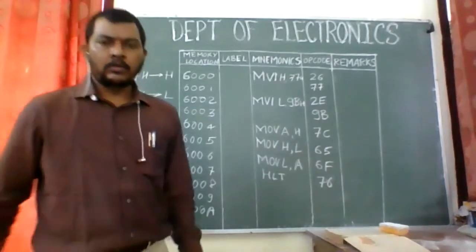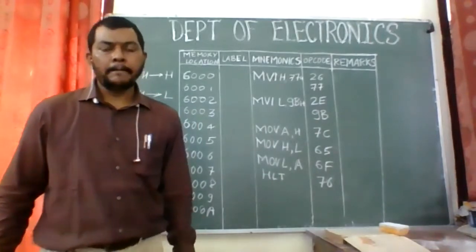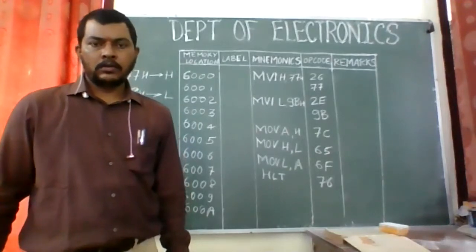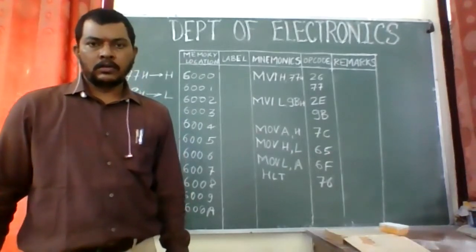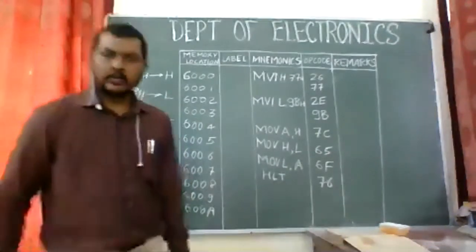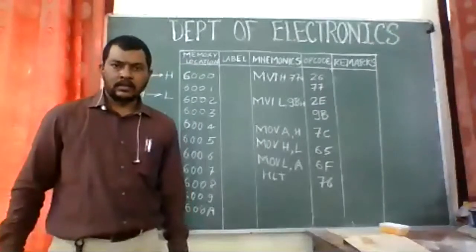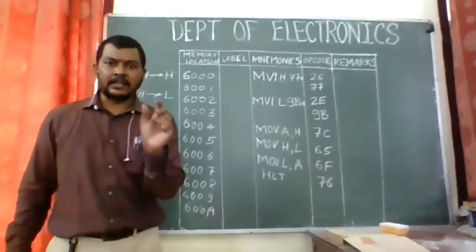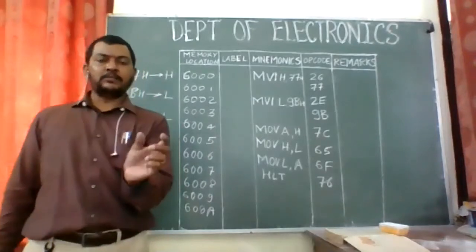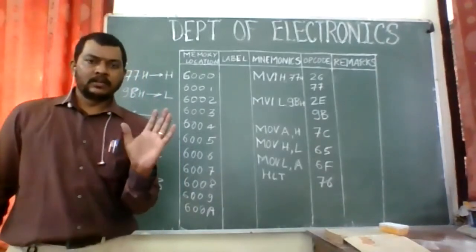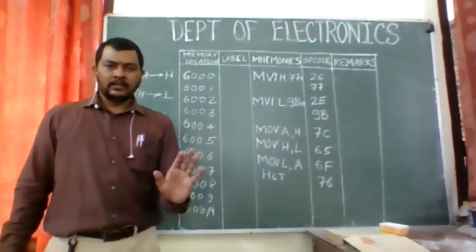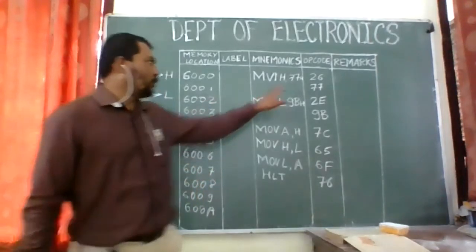सर वो जो नेमोनिक्स लिख रहे हैं हम, MVI H 77, ये हमारा डाटा है, तो 77 के बाद जो H लिखा हुआ है वो लिखना जरूरी है क्या? नहीं, वो लिखा नहीं तो भी चलता है, बट सिंस इट इज अ हेक्साडेसिमल, तो हेक्साडेसिमल बताने के लिए वी आर राइटिंग H. इवन इफ यू डोंट राइट H, इट डजंट मेक अ डिफरेंस, राइट? ओके, H लिखो या मत लिखो कोई प्रॉब्लम नहीं.